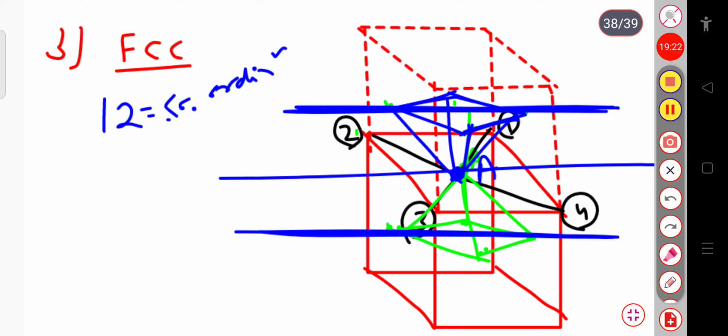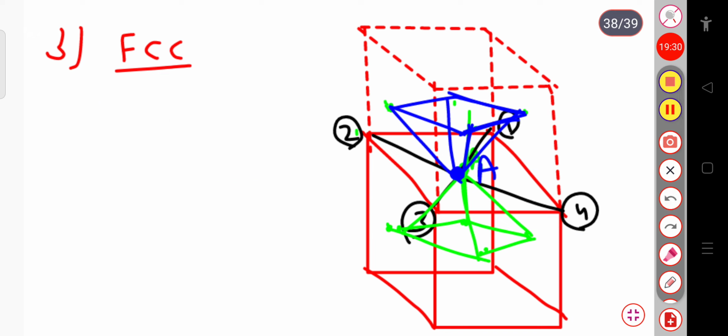Now the question that may come to your mind is how these atoms can be at equal distance. Now I can prove it to you. Let us see. Consider this plane, the pink one, where the atoms lie. So for this plane, you can see in a cube, this is my cube, the atoms are present at these points.